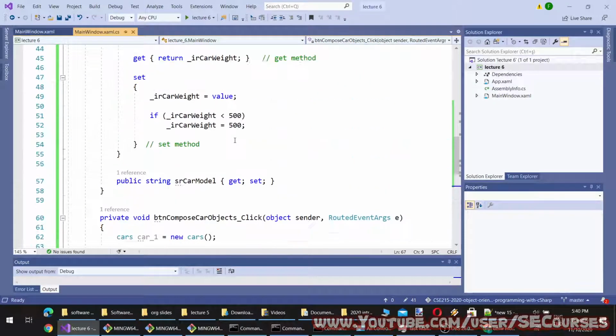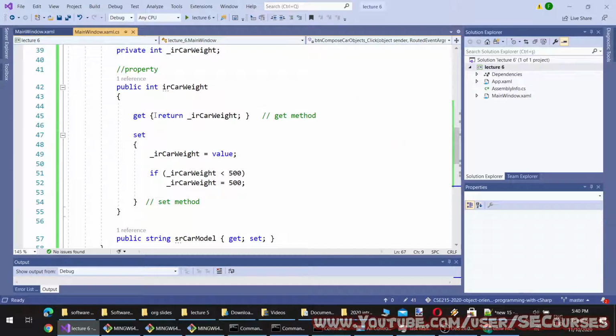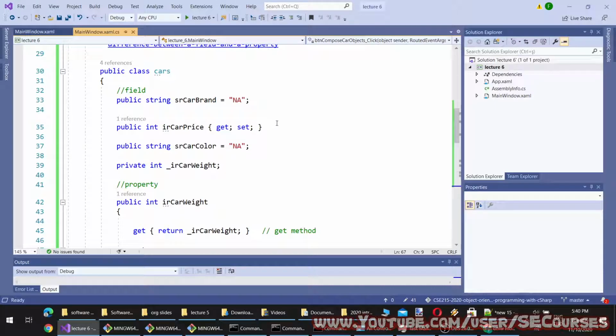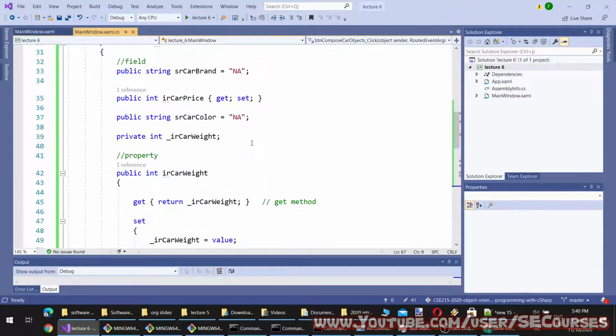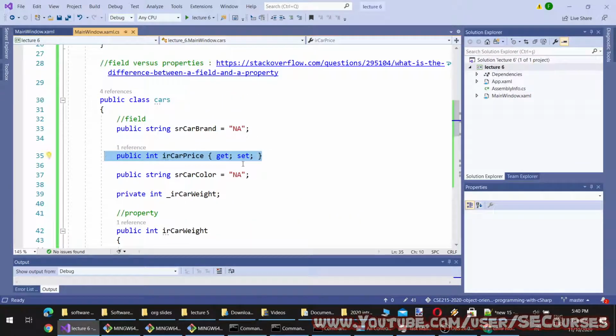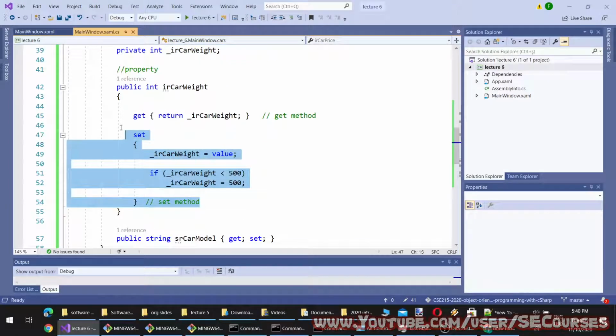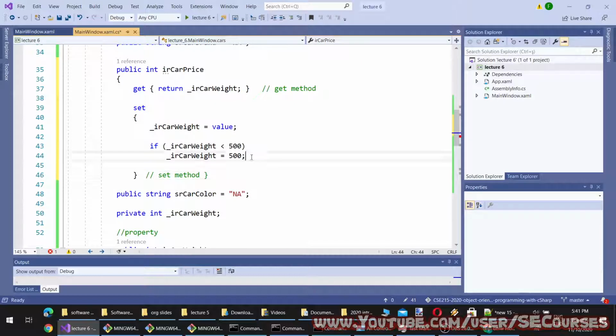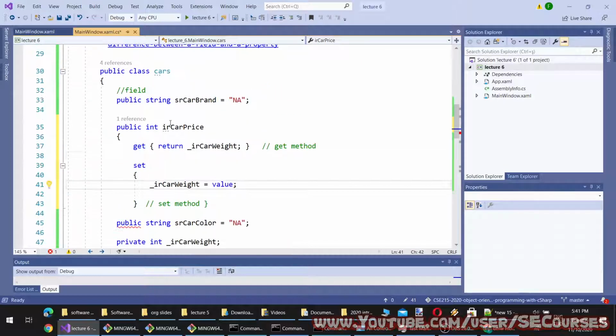So let's modify the get method. To do that, I'm going to change the car price this time. So the car price, I will set as it is.